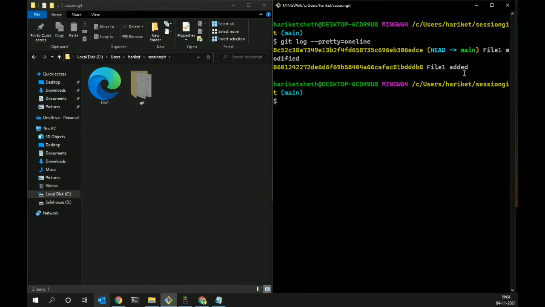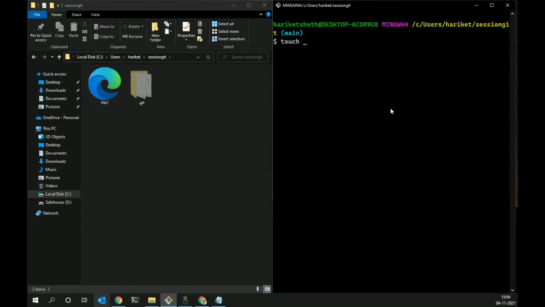I have just zoomed my terminal on the right side, that's why it's looking like it's coming on the second line. Otherwise, every commit would be compressed into one line maximum. So this is the option which will help you if you have a lot of commits and you want to see them in the terminal window. Oneline basically helps you in that. So these are variations to your git log.